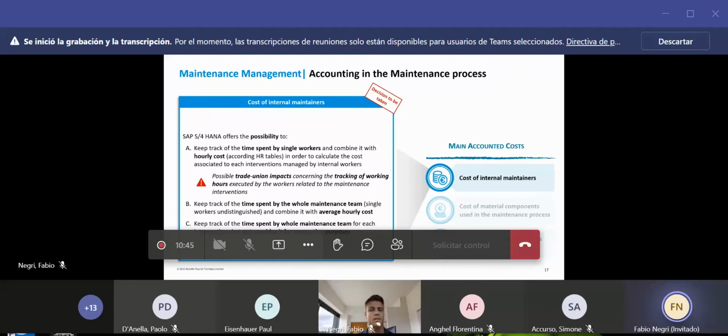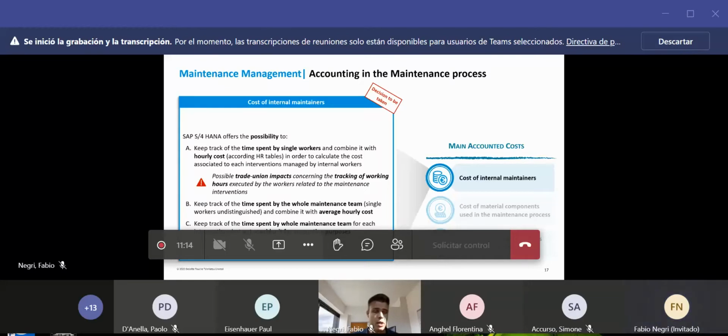So, saying that Fabio Negri has worked 8 hours on a machine, and combining that with his salary, we can calculate the cost associated to each intervention, considering how much the single person has worked on it. So this is the most accurate one, but